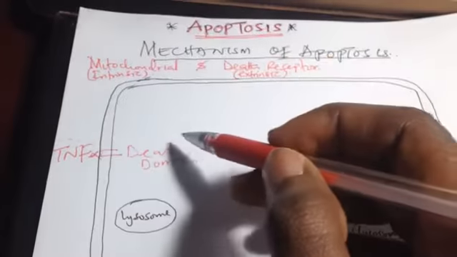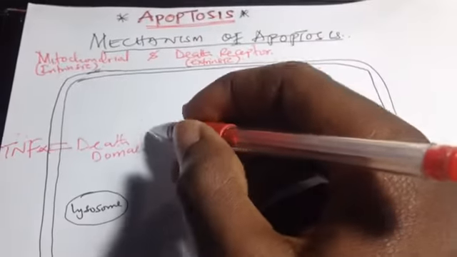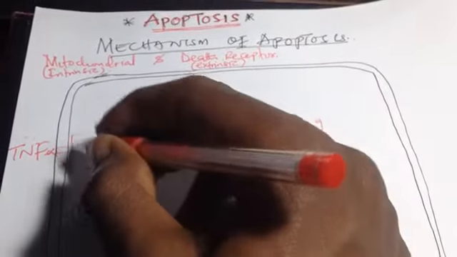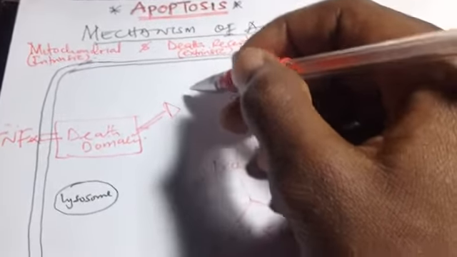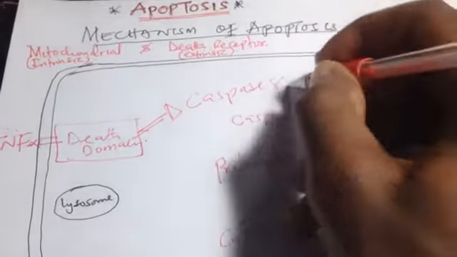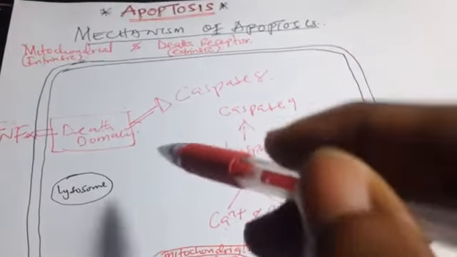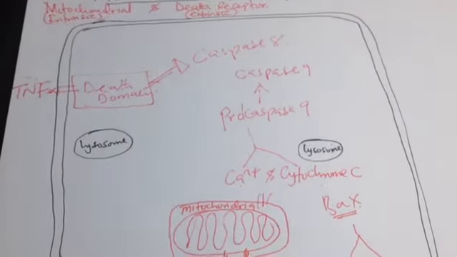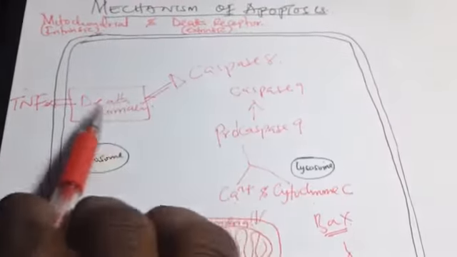So this will lead to activation of a lot of proteins like FAS protein, TRADD protein, but they are not that important. The most important protein we have to know in this is procaspase 8. Procaspase 8 is activated into active caspase 8. This caspase 8, like caspase 9, will now cleave the proteins found inside the cell cytoplasm, right? So that is the extrinsic pathway.